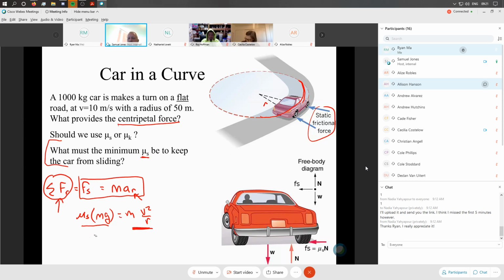Okay, so now that we've got that, we can solve this equation for mu, can't we? Because we have everything else. In fact, I didn't even need to give you mass, because in this case, mass cancels from the left and the right side of the equation. And so what I'm left with is that mu is equal to V squared over G times R. Okay, I run that through my calculator using the values that are given in the problem, and I get 0.20,